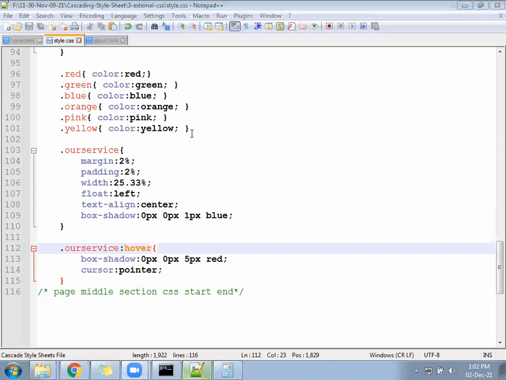Now same division, copy paste and change the icons. Our service division, copy paste 3 times. Change the icons.